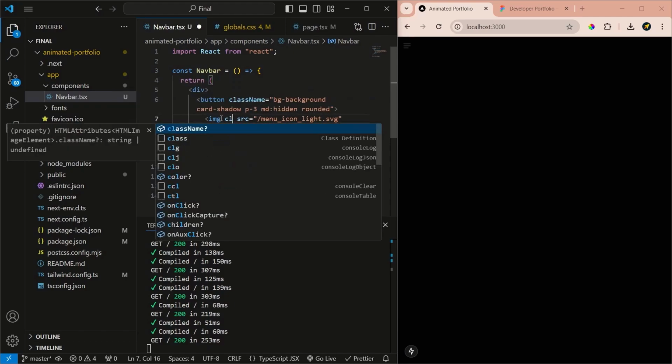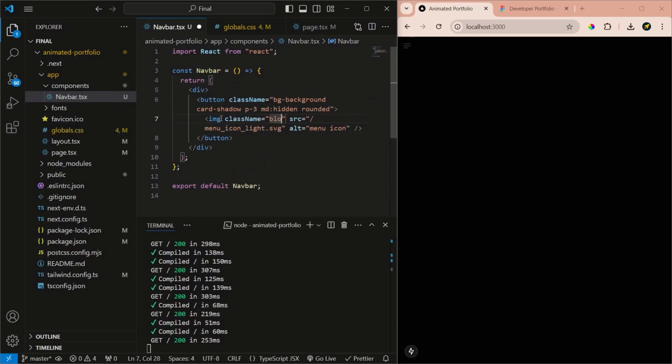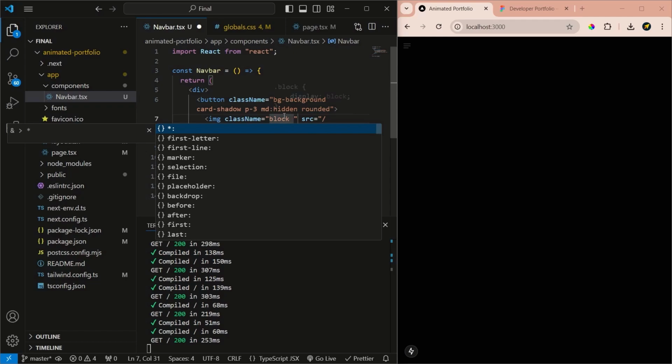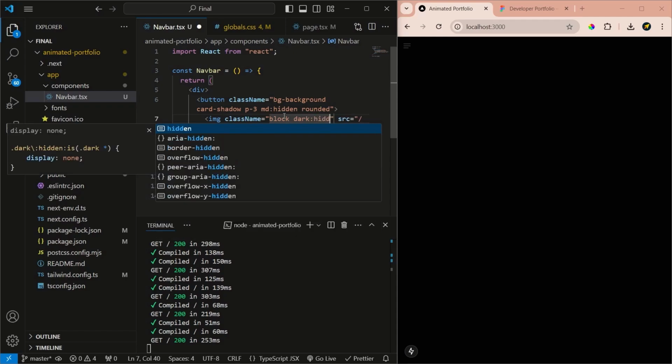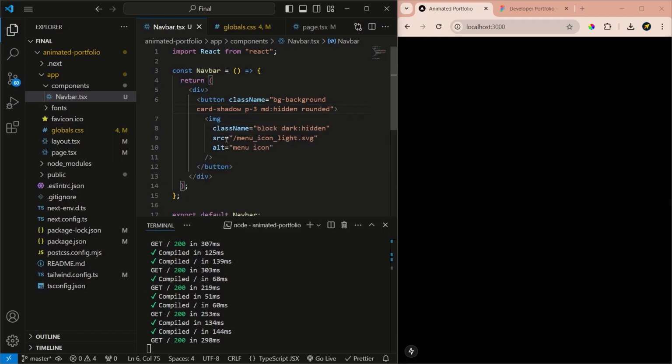We'll add a class name. We'll say that by default it's rendered as block, so display block, but use the dark pseudo selector. So in dark mode we want this invisible, so we'll say hidden, and now it's hidden because we are in dark mode. And that's just the magic of Tailwind. It automatically is able to detect if it's dark mode,